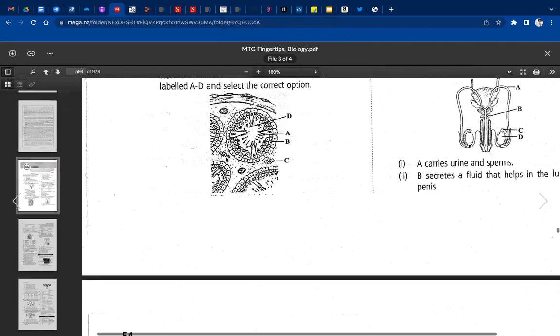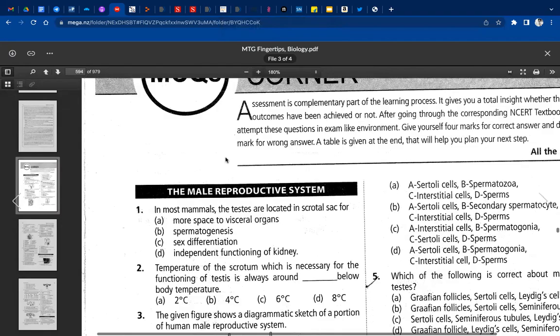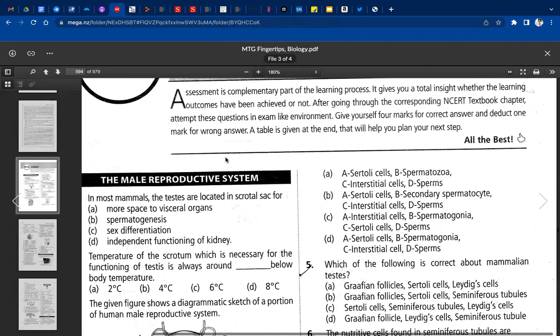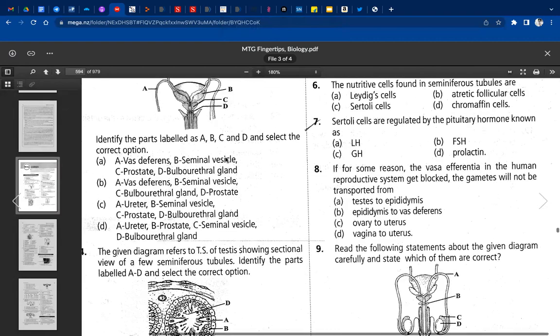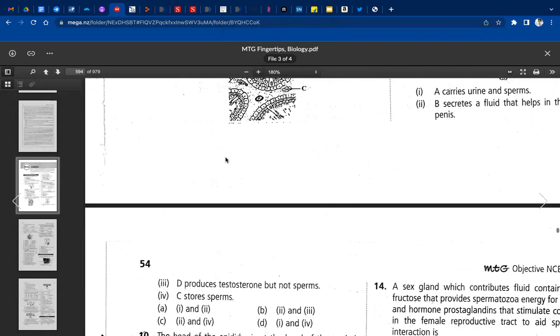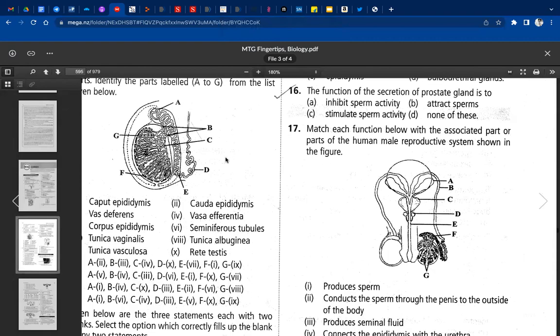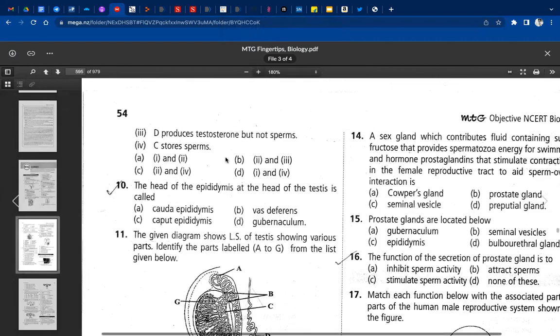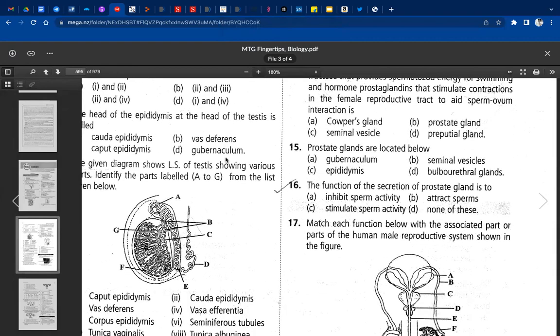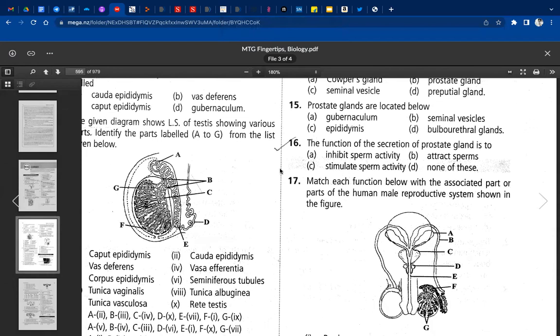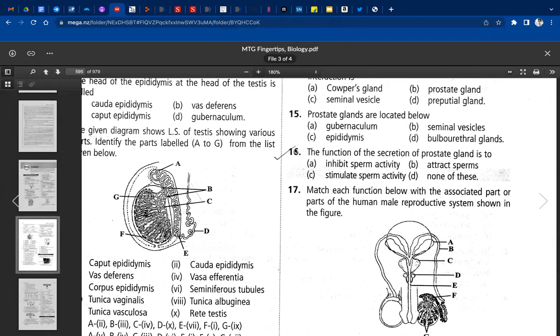So I'll go with some conceptually difficult questions, not very factual ones. The factuals, I think you all will be able to do. There will be mostly more factual questions that you should know. Okay. Question 16. Ellen. The function of the secretion of prostate gland is to